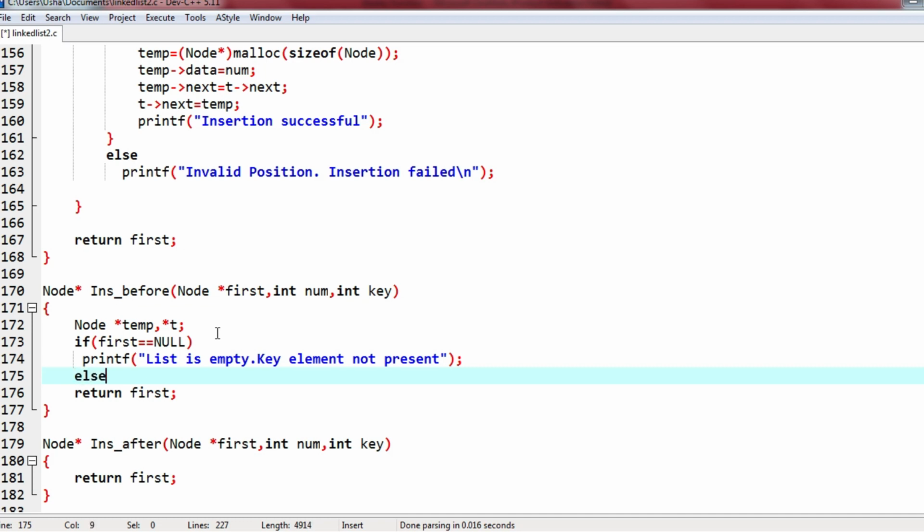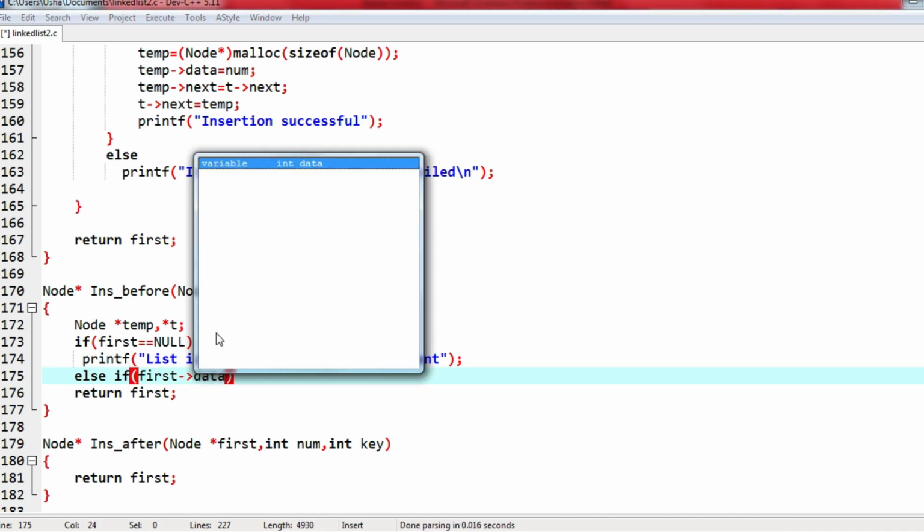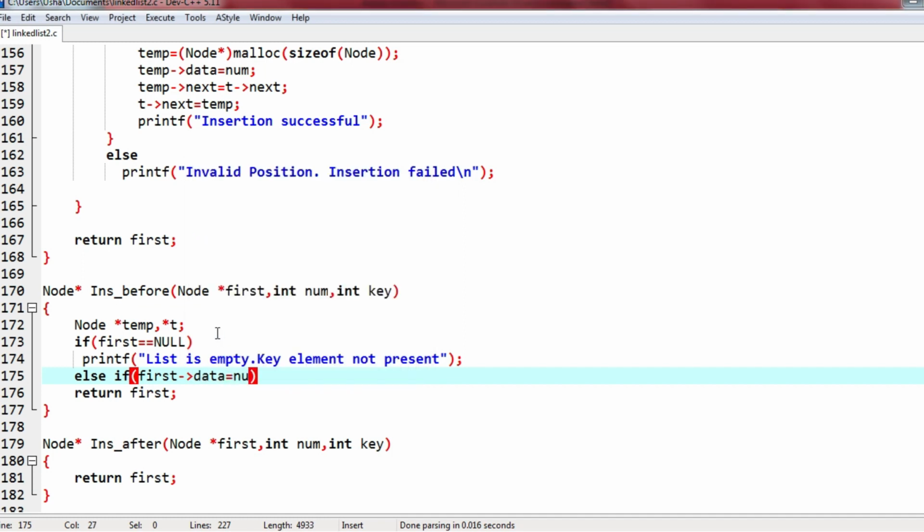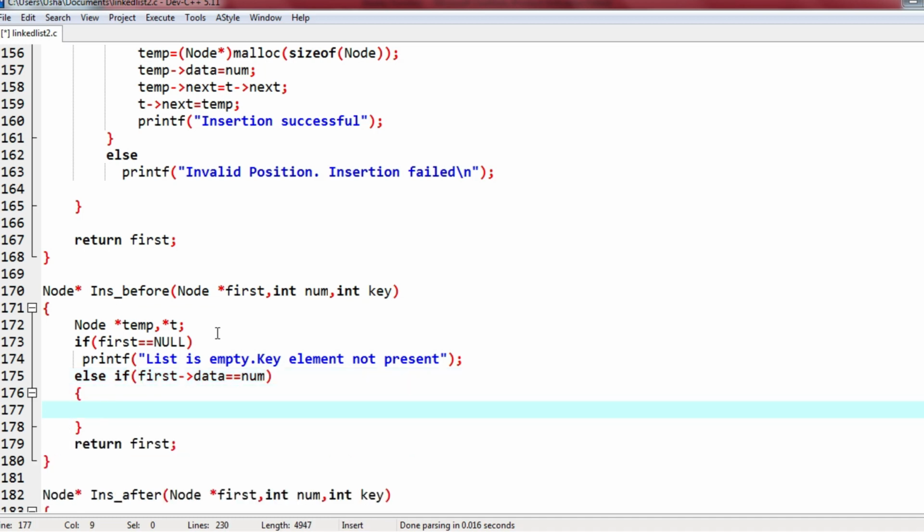Else, so list is not empty. So we first check whether data contained in this first pointer itself has the number to be stored. So if first data itself is equal to num, we have to insert the element in the beginning itself.